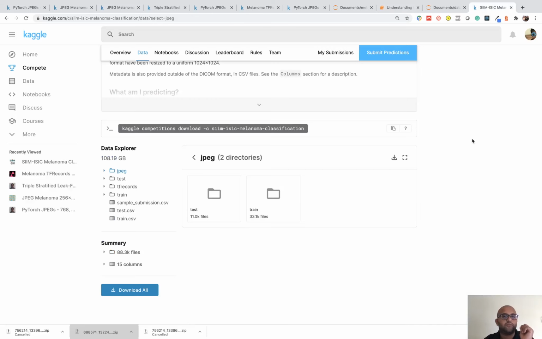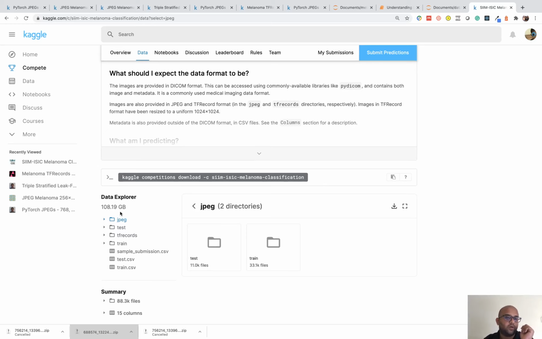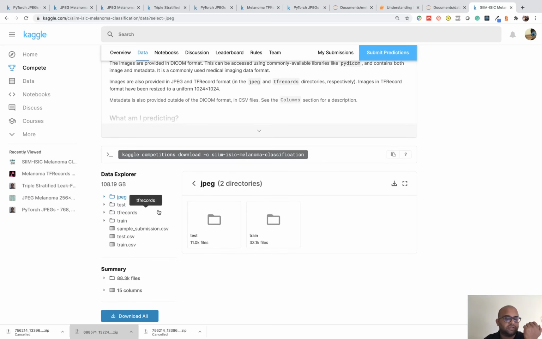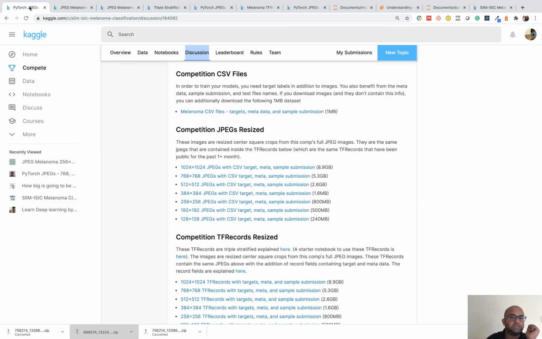One is the competition official page, from where you can download the JPEG images, which is what we would be using, and it should be around 30 GB. The total dataset, if you click the complete thing, is around 109 GB, which is a large number, and there's a very high chance that we may not need it till the end of the competition. So there is an alternative that I would strongly recommend you download, which is in this